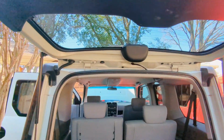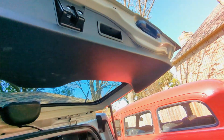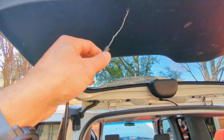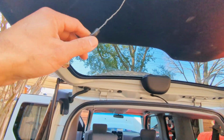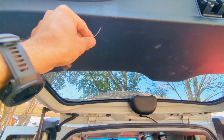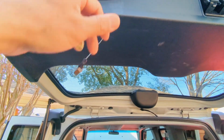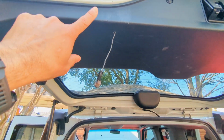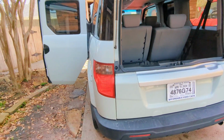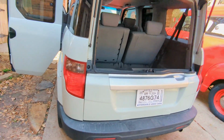Now, one of the things that I noticed that somebody screwed up is they made this little puller right here for the tailgate, which is kind of dumb to do it this way. It's smart, obviously, if you want to do it real quick, but it's dumb because you messed it up. So I'm gonna have to fix that. I'm gonna have to find a little puller that I can put there and attach a different cable or a nicer cable, and then make it work. That was gonna be a modification I was gonna do sooner or later, so I guess I get to do it now. Other than that, I don't really see any details that would really bother me,